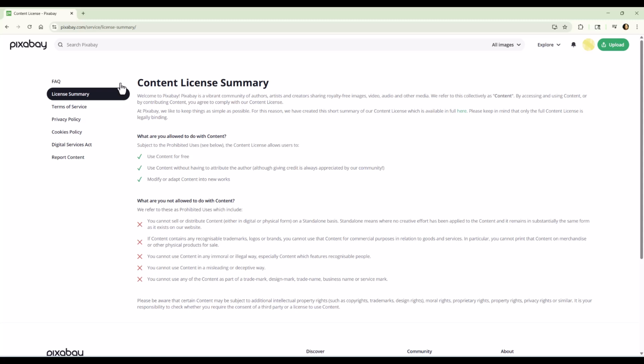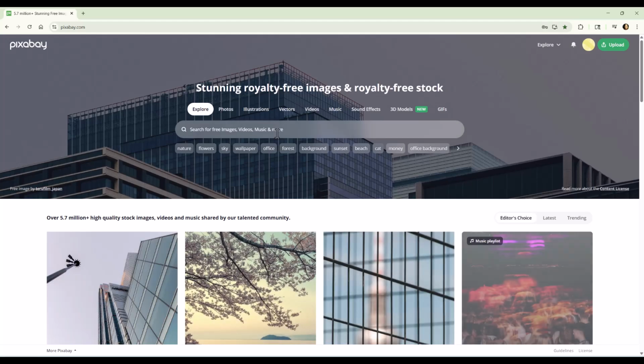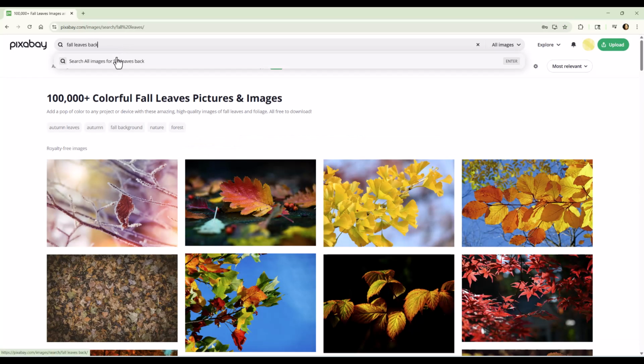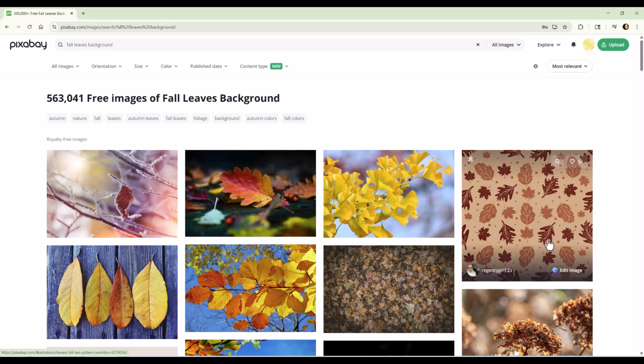So what we're going to do is go back to Pixabay and search for those fall leaves again. Fall leaves background is what I had. So here is a nice image for using, and the other thing, and this is what I intend for the designs that I'm going to upload here in a little bit, is that I could click on this, and